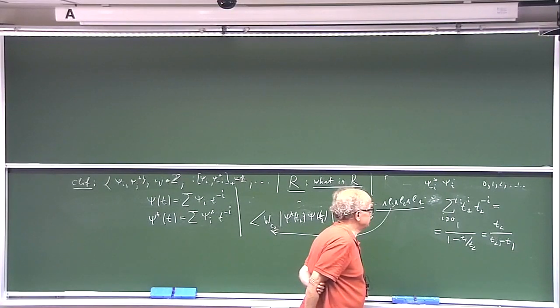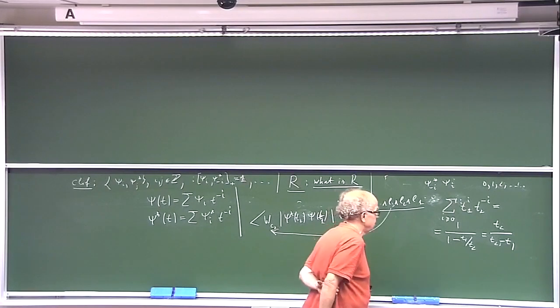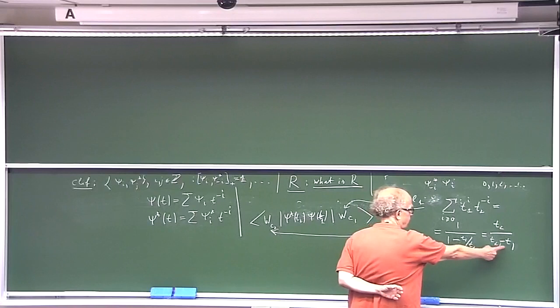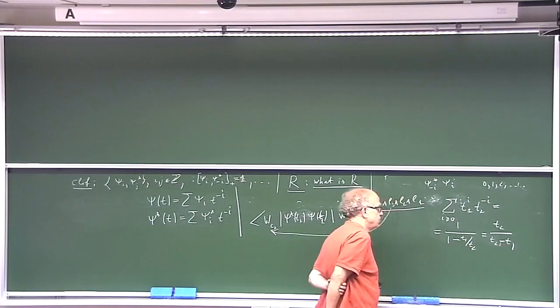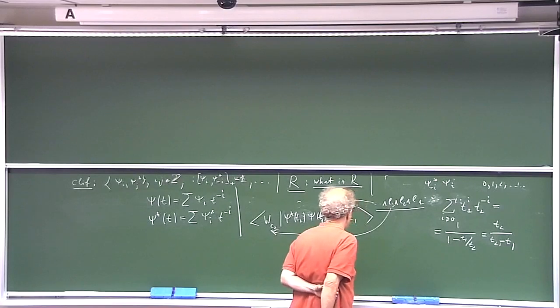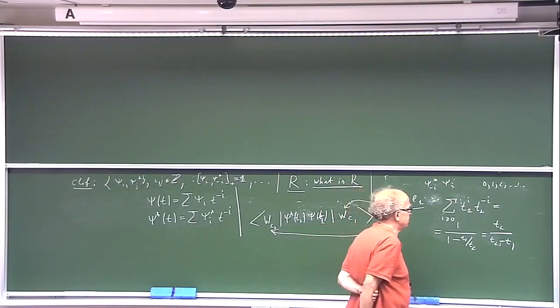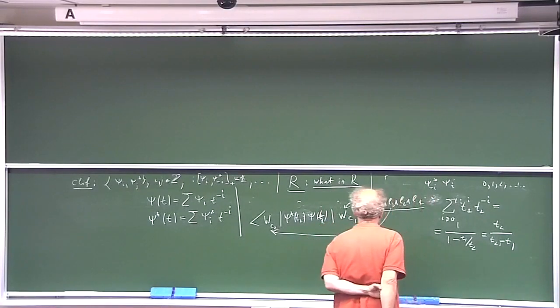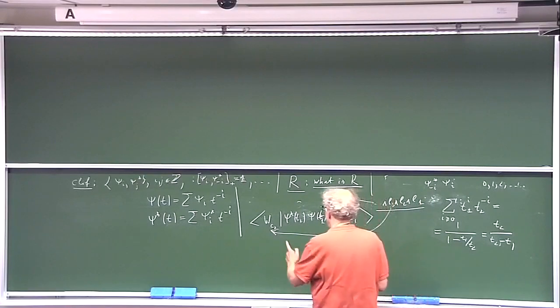Yes, so this is a result of a calculation, and so we see a pole here, which I promised to you yesterday, and precisely the same story appears if we take